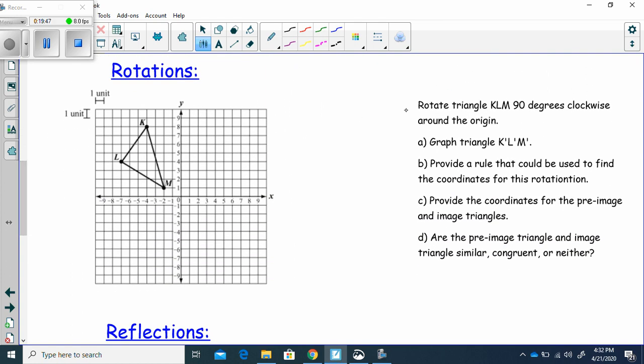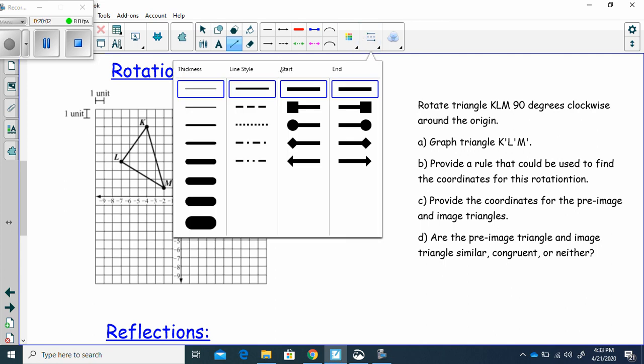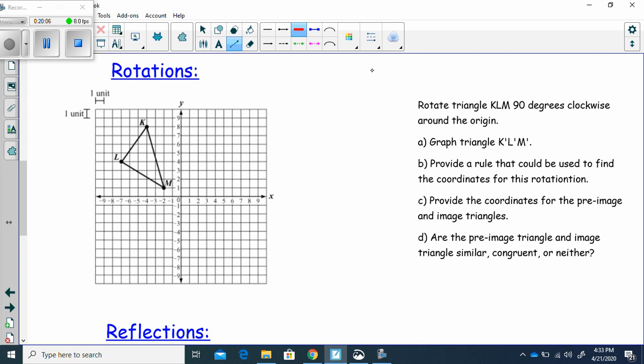Let's look at what we can do with a rotation. It says rotate triangle KLM 90 degrees clockwise around the origin. Okay, if I'm going to rotate this, usually you would do this with tracing paper. I can't really show you tracing paper on here. So what we're going to do is we are going to use our